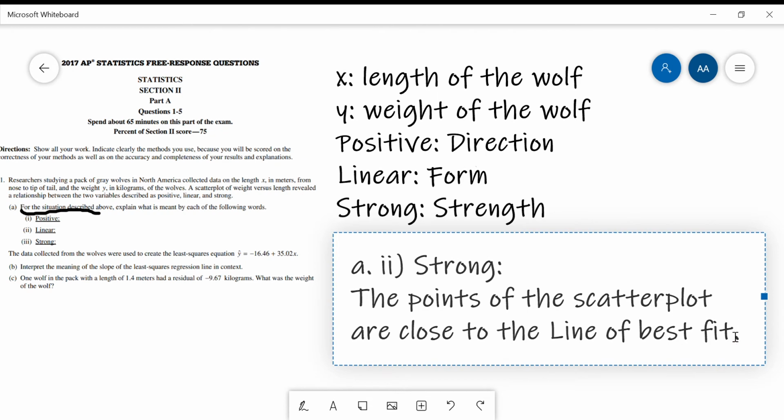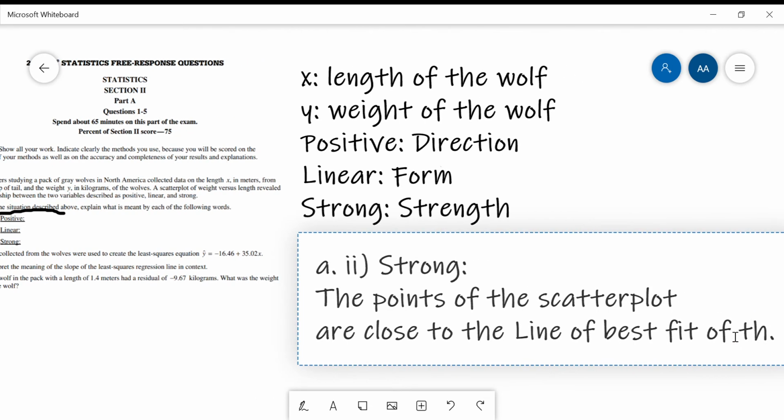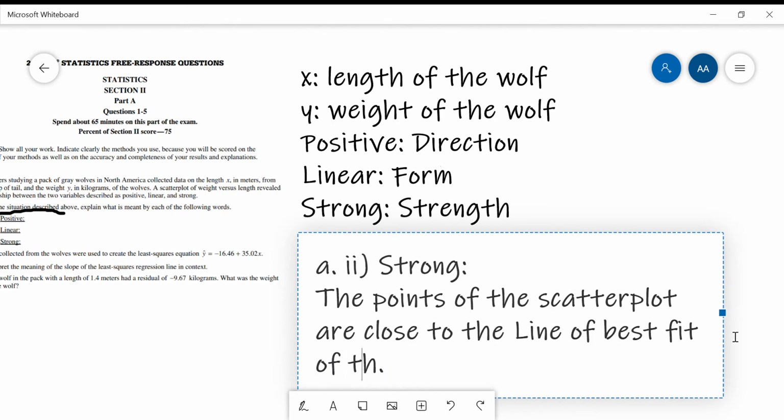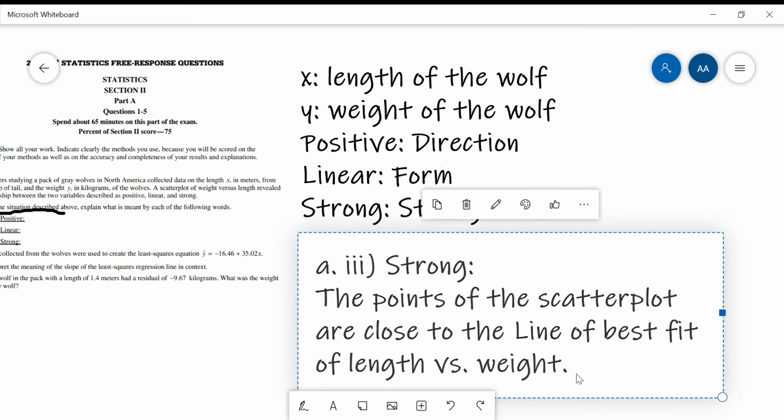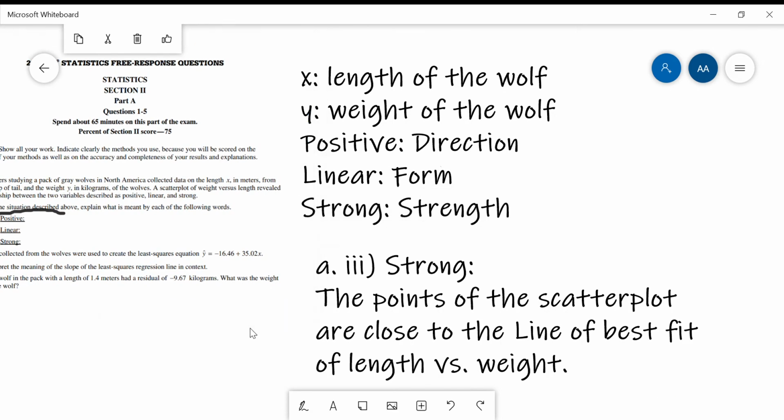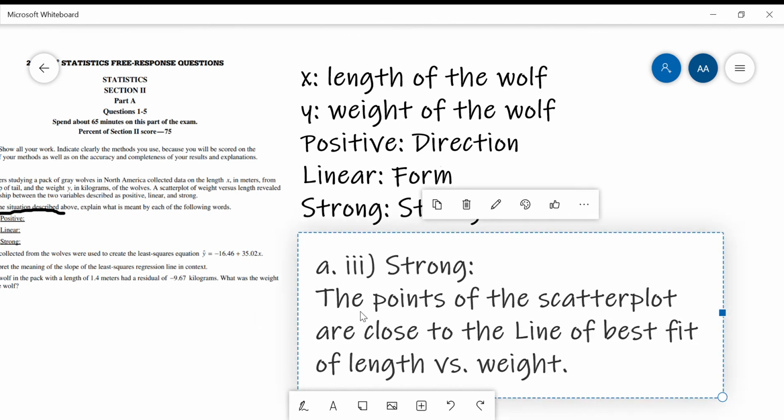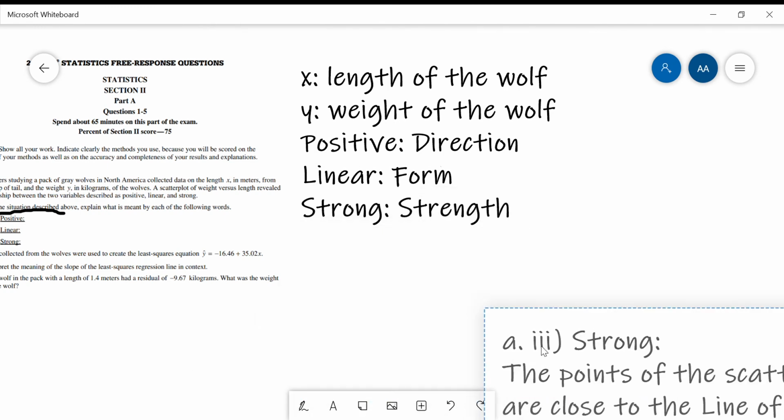Line of best fit of length vs weight would be a good way to implement context, because as I've mentioned a few times, by the way, this is part 3, line of best fit of length vs weight, that would be a good way to implement context. Context, as I've said quite a few times this video, is quite important for an AP Stats FRQ. So putting that aside,